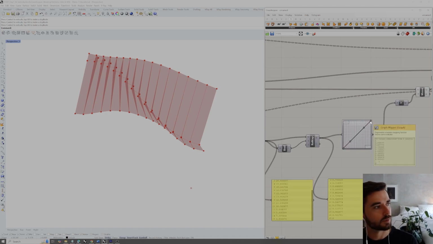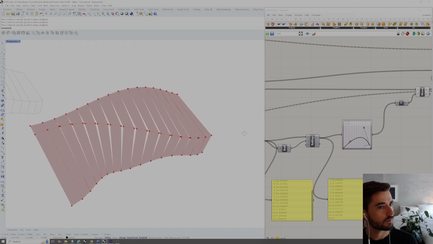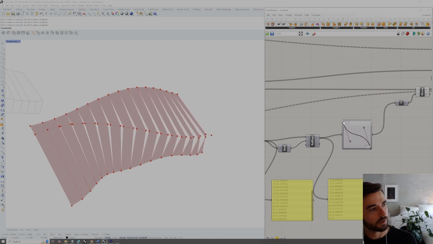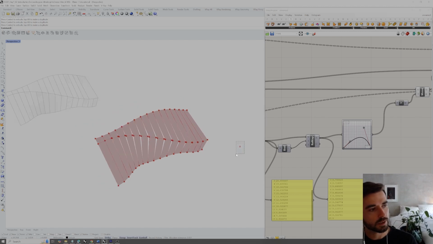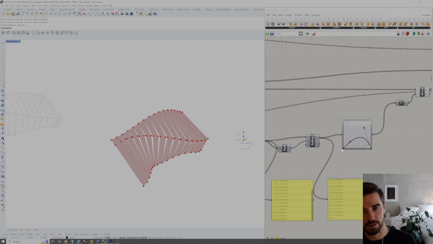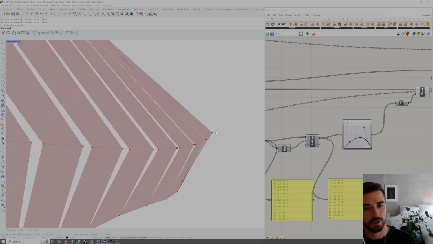But if I drag these points down, we should be able to see that affecting our geometry. So the point closest to our attractor point is going to be 0 in the X. So it's going to be the farthest left on this graph mapper, which we can see right now is a Y value of 0, so the output value is 0. That's why the closest point here, or the closest panel, has the least amount of flap, or the least amount